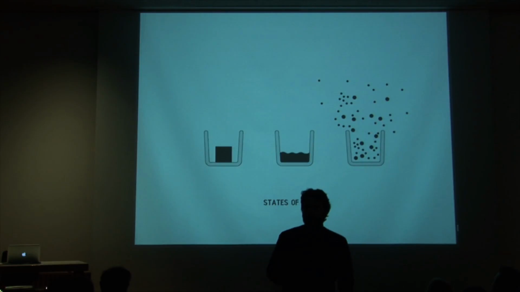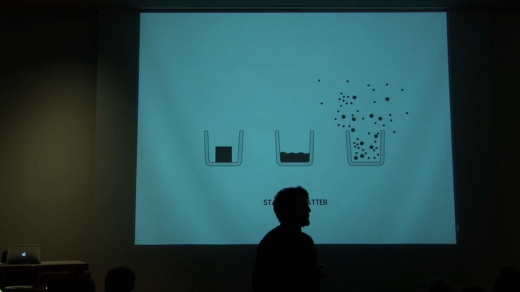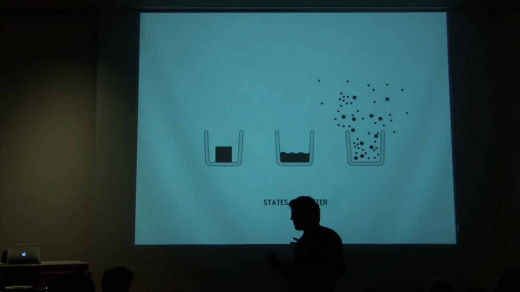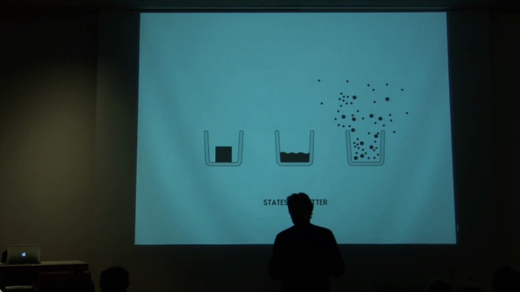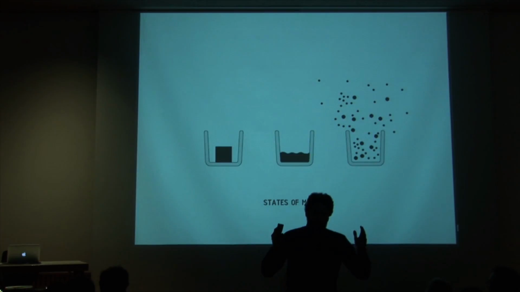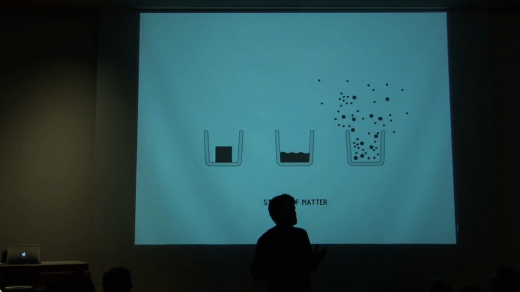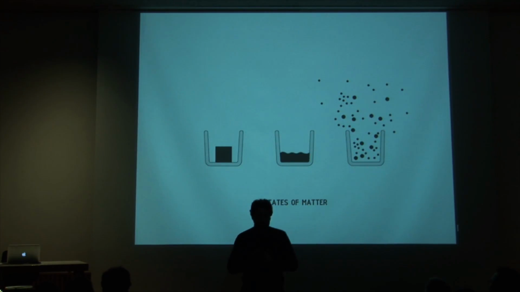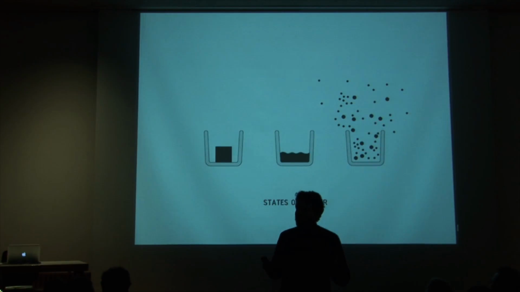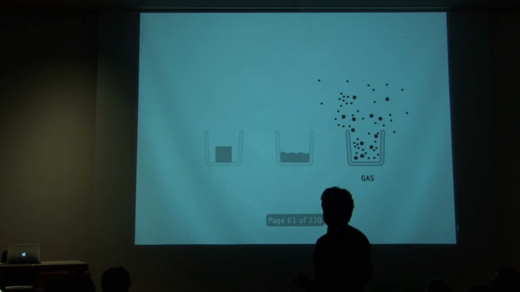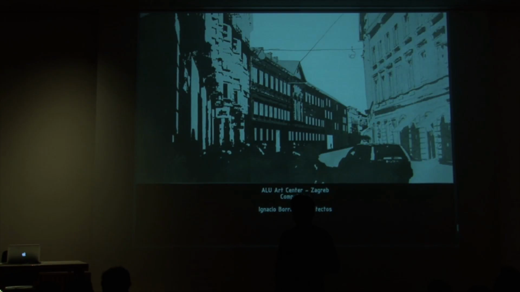And what I am trying to show you is that these properties of the materials can be conceptually used in a design process. So if we approach one site, we can design our new object with solid properties, with liquid properties, or with gas properties. And we are going to start with gas examples. The first one is this